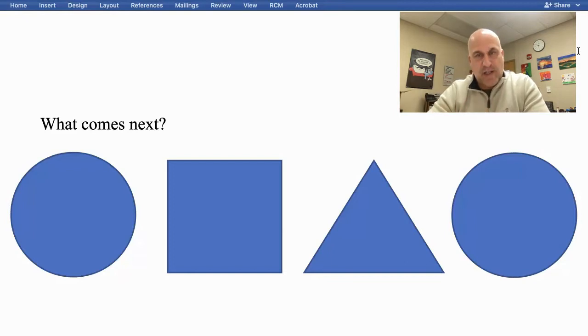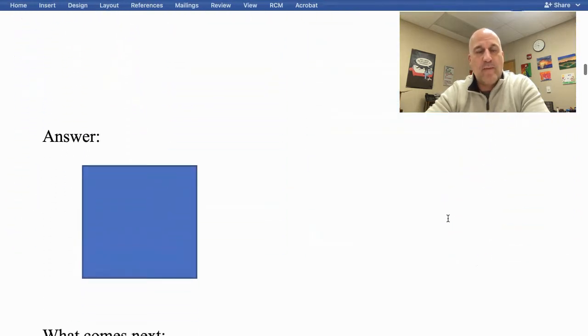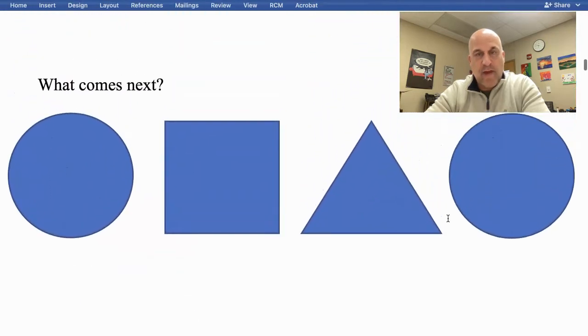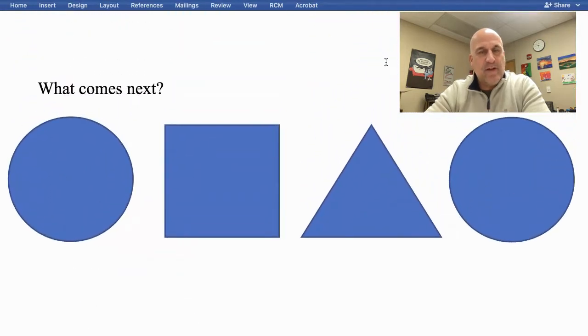So using logic, the most simple pattern here is what comes next is going to be the square. Because if we're going circle, square, triangle, circle, and then square would be next. So that would be our answer, would be a square. However, it might look a little bit different. So for example, if the pattern were circle, square, triangle, circle, and then it repeats itself,